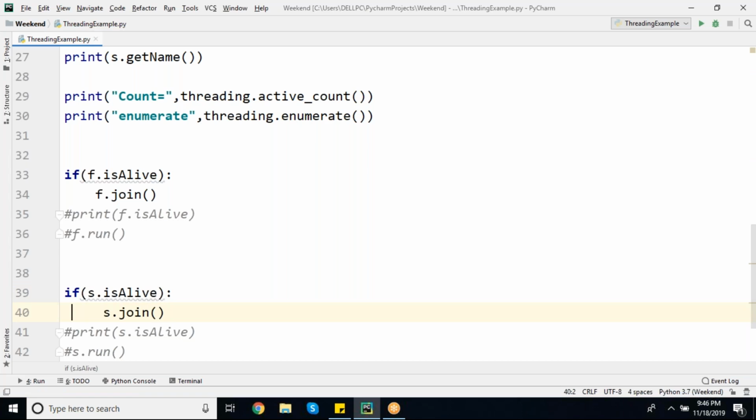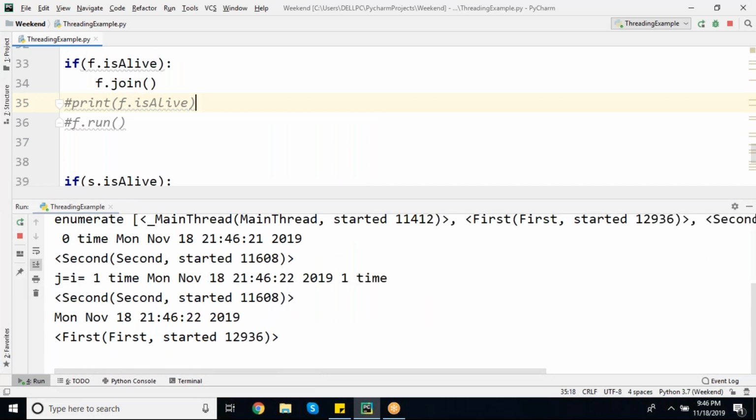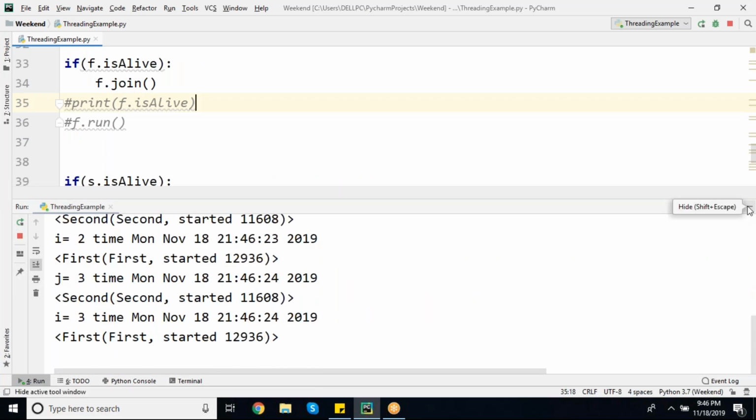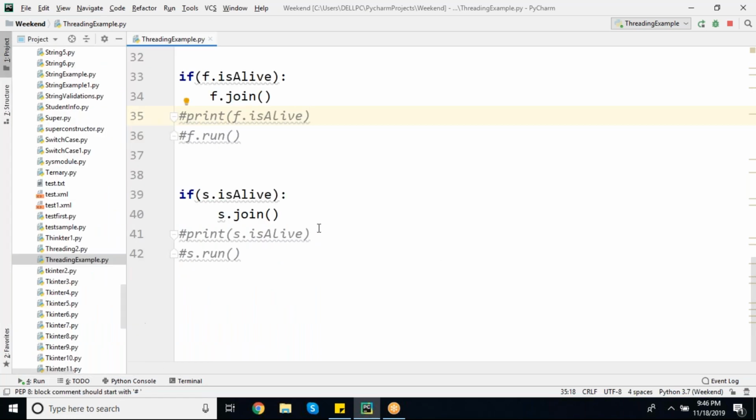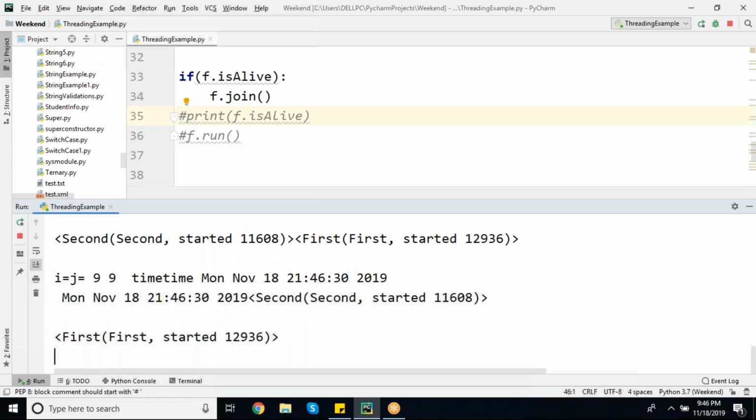We are checking if it is alive, and we are calling join. Even here also we are checking if it is alive, and calling join so that your thread will get destroyed. Any doubt so far? No. Okay.